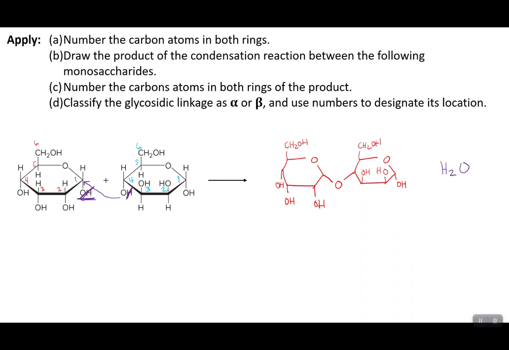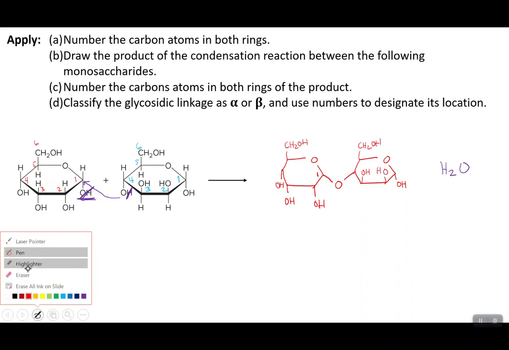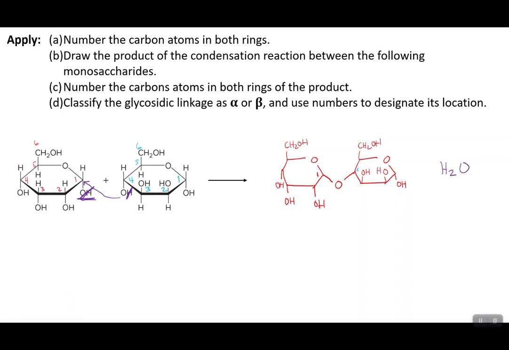Okay, great. So what this means is that I made a 1-4, this is carbon number 4, I made a 1-4. This bond here is my glycosidic bond. This is an alpha bond. Okay. So that means that I need to classify this bond as an alpha glycosidic linkage, and it is specifically